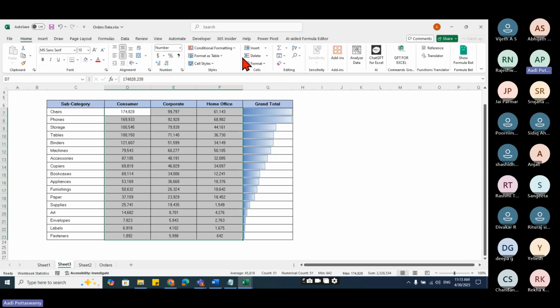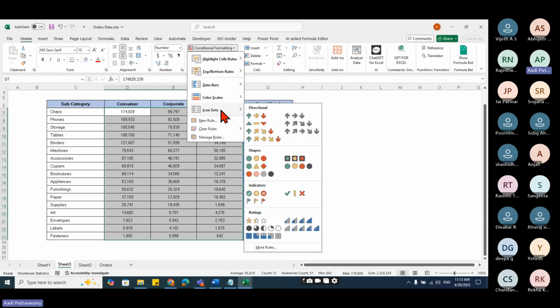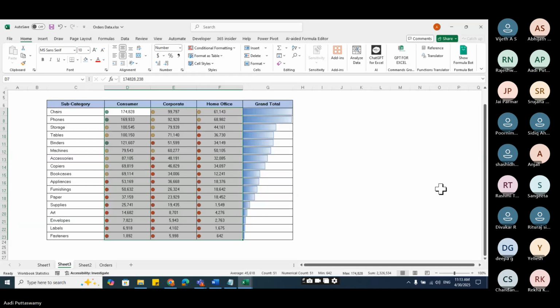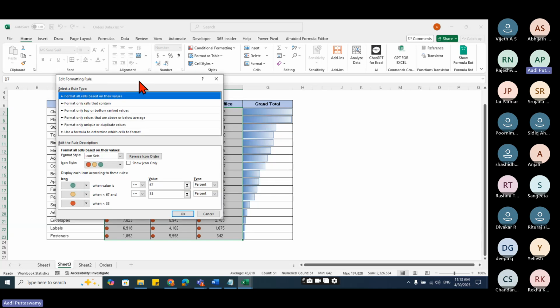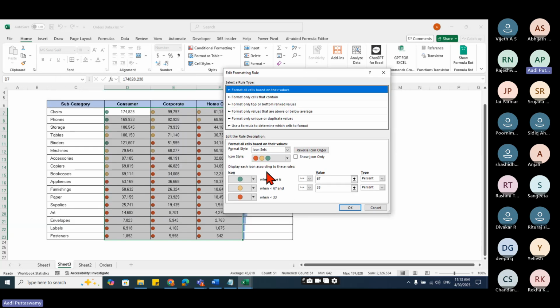I will apply conditional formatting. Here you can say icon set. I'll just take one icon set like this. There are some icons, but I don't know what values have been given. So I'll go here and say manage rules. Double click. Okay. So here I'll just try to change the values. See this one number,